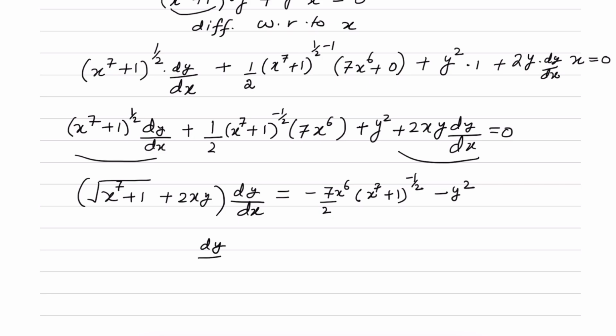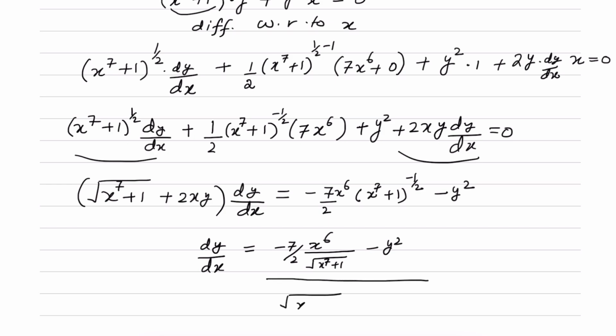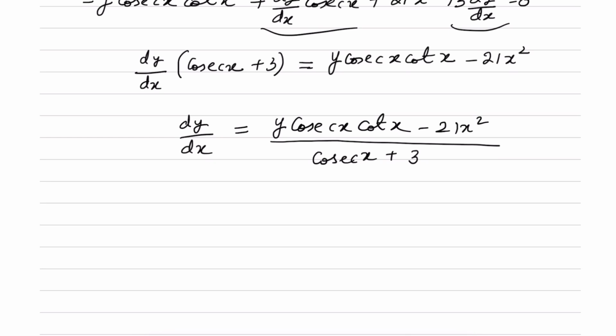So we can write dy by dx is equal to (minus 7 by 2 x to the power 6 divided by square root of (x to the power 7 plus 1) minus y squared) whole divided by (square root of (x to the power 7 plus 1)